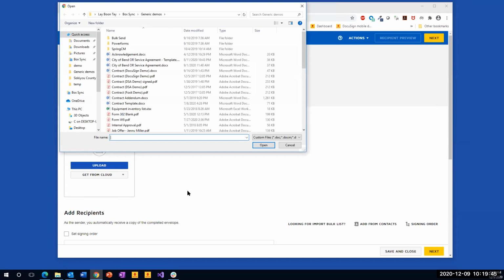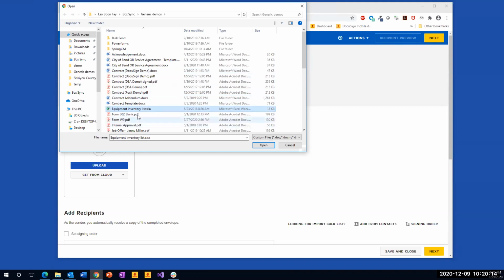Now, the nice thing about importing a form in DocuSign is that if you have a PDF that has existing form fields, we can import those so that you don't have to redo all the work that you have already done in a PDF document. But if not, we can very easily help you create those fields as well. So you can see PDF is definitely supported. So is Microsoft Word, Excel spreadsheets, and as I mentioned earlier, PowerPoints and pictures.